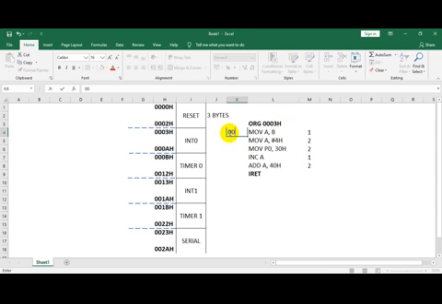So this will be stored at 0003H. The next address will be 0004H, next will be 0006H, next will be 0008H, next will be 0009H, and since this takes 2 bytes, the next address will be 000AH. So 1, 3, 5, 6, 7 and 8.